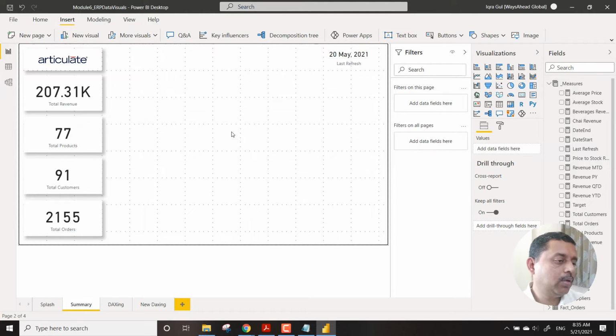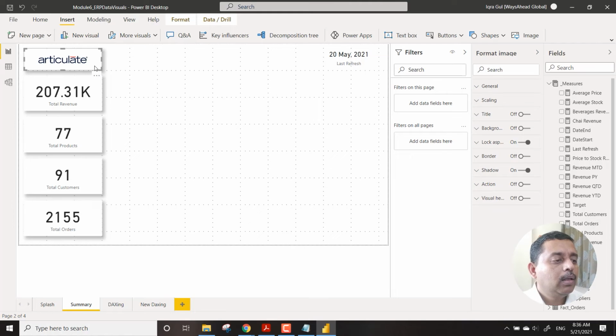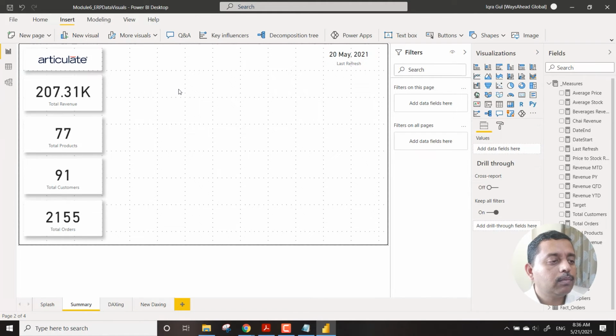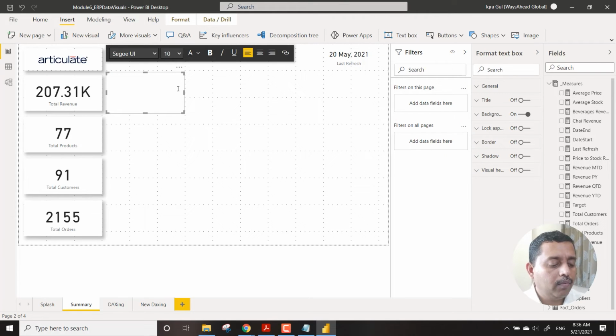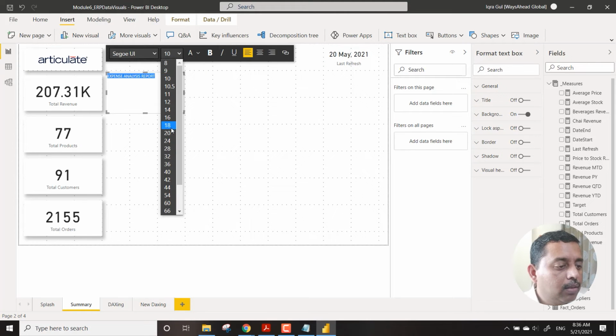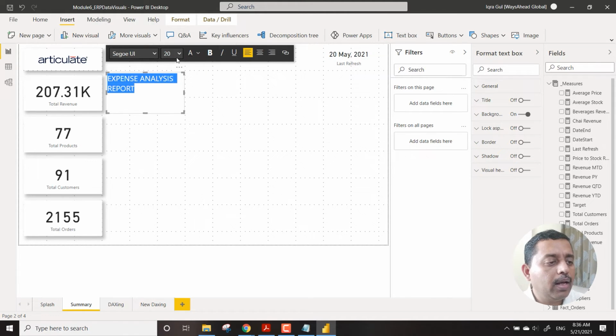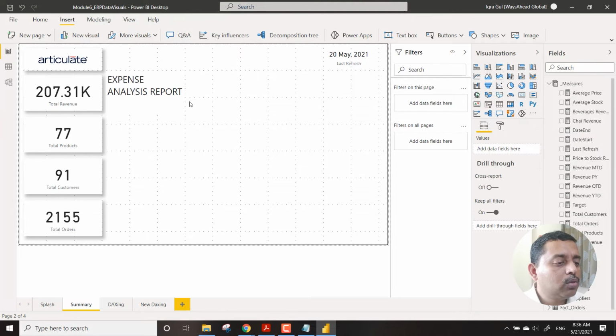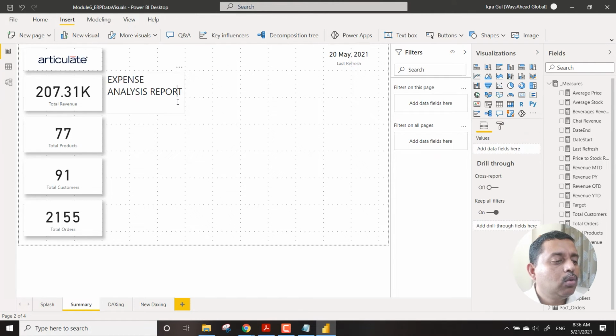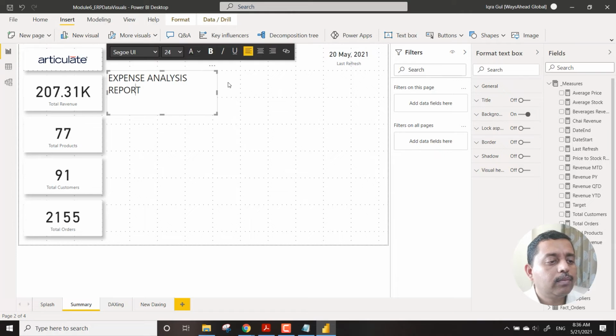If you want, we can put it like this, and then we can bring in a text box and write expense analysis report like this, and we increase the font size based on the area, the location, how much space you have. Based on that you can create this.